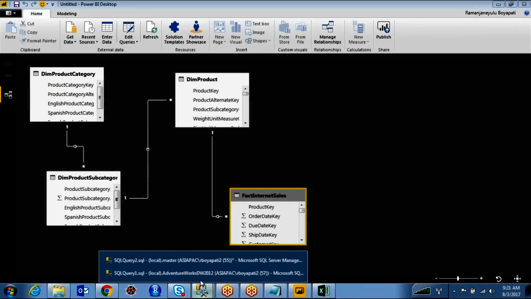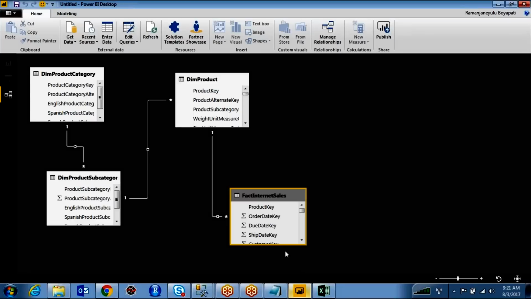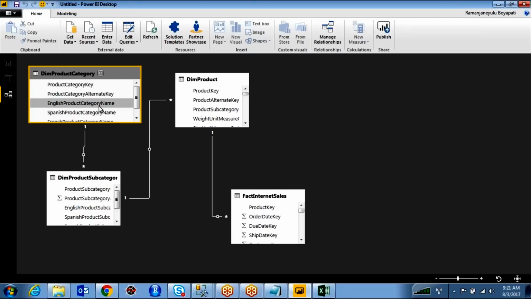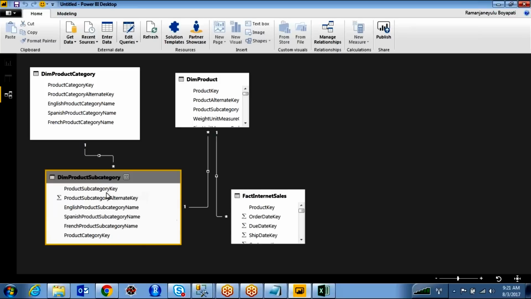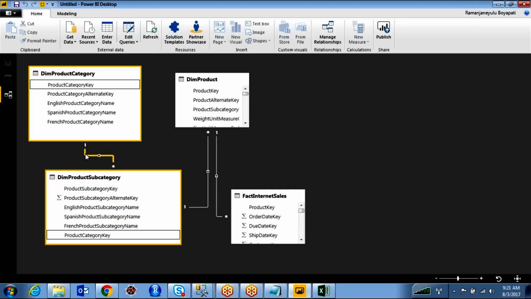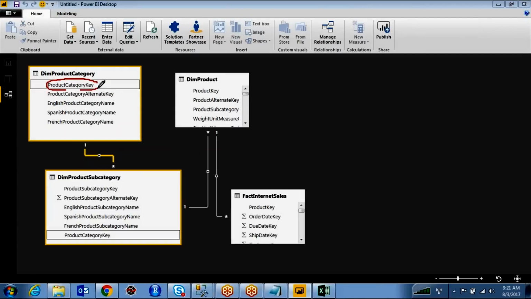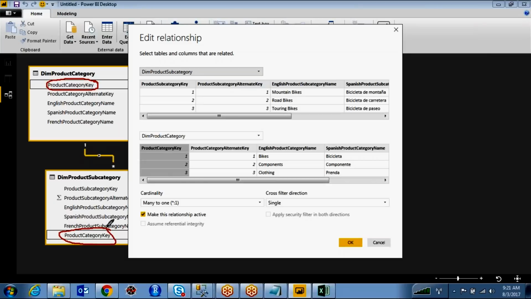Even if you don't have any relationship at your data source level, if it identifies the same column names, it will create one. For example, what is the relationship between the dim product category table and the dim product subcategory table? On which column is the relationship created? If you click on this link, it will display the columns it is based on. When you click there, it highlights two columns: product category and product category. If the column names are the same, it will automatically create the relationship.